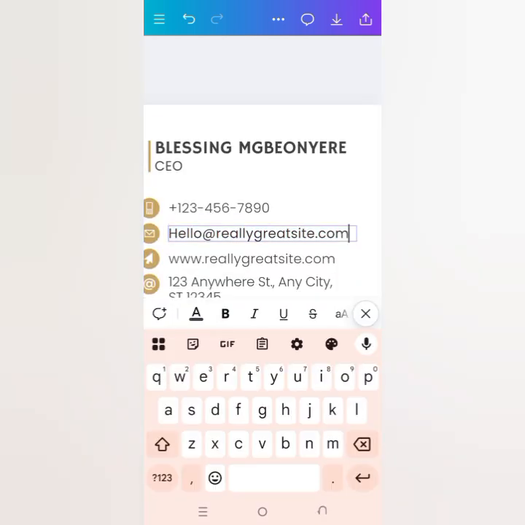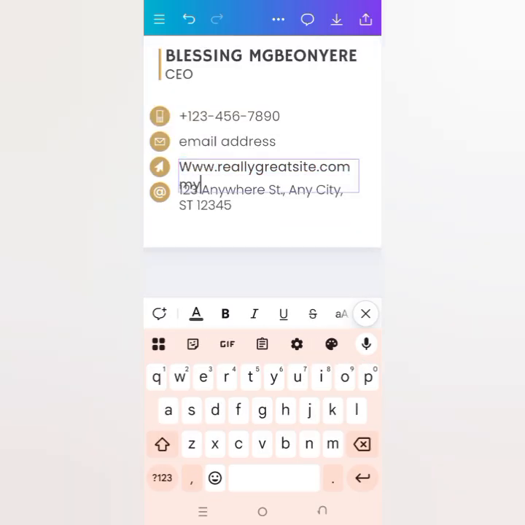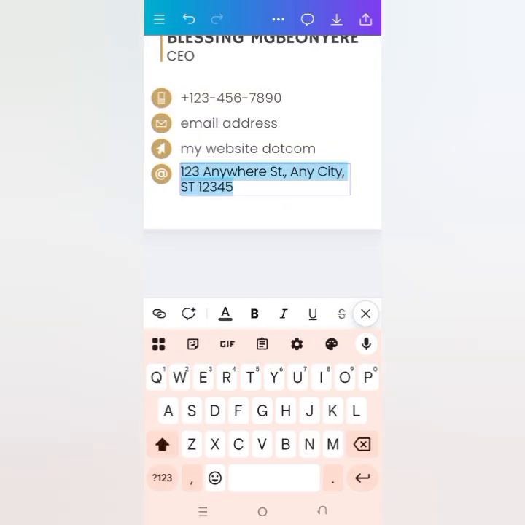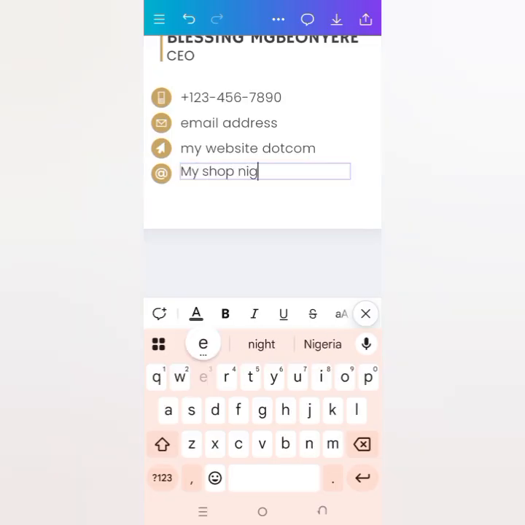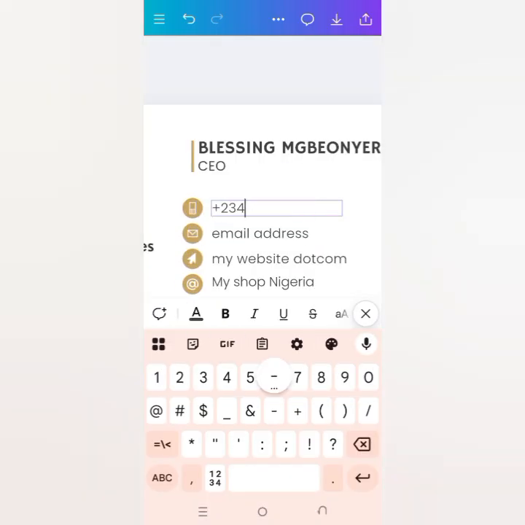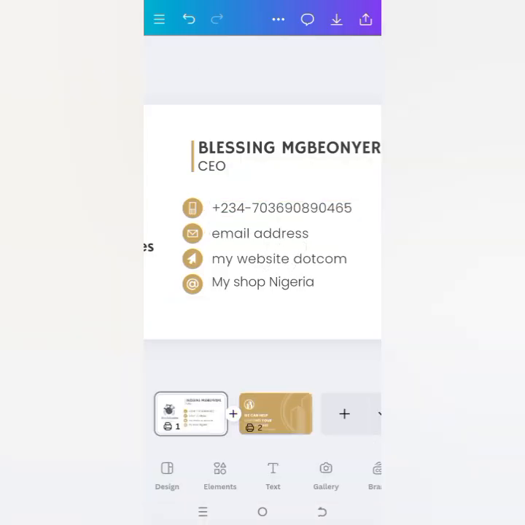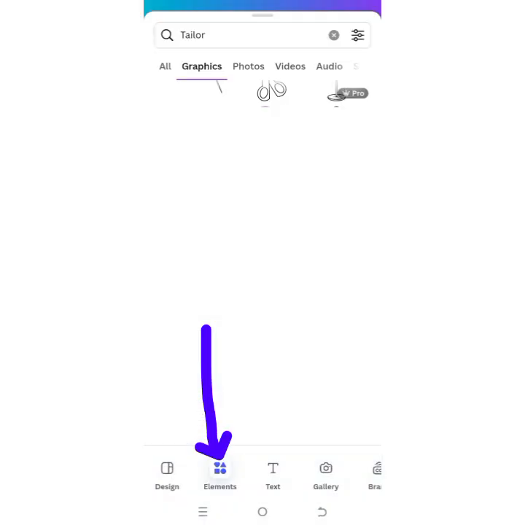So change the email address to your own email. I'll just put email address here. Change your website, change your shop address, and phone number. So another thing I'm going to do is to change some of these icons, like this